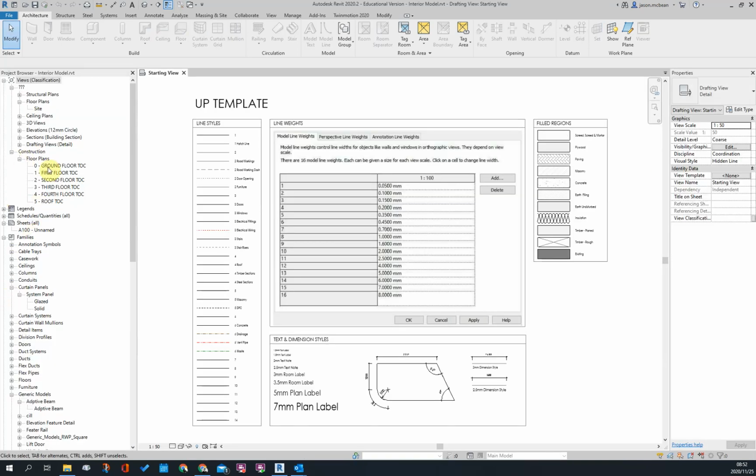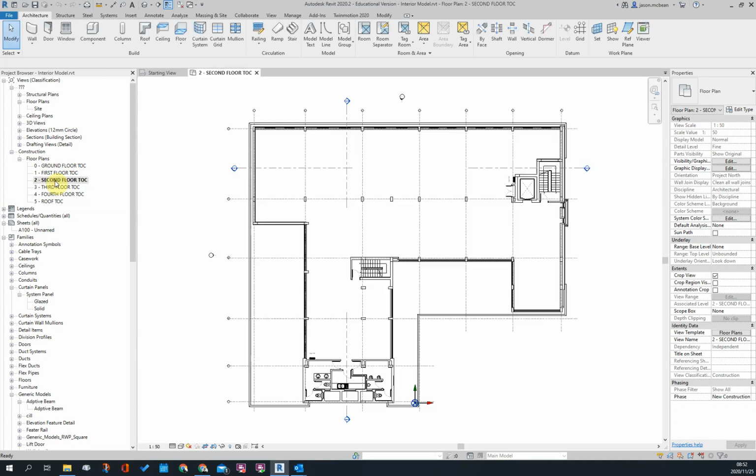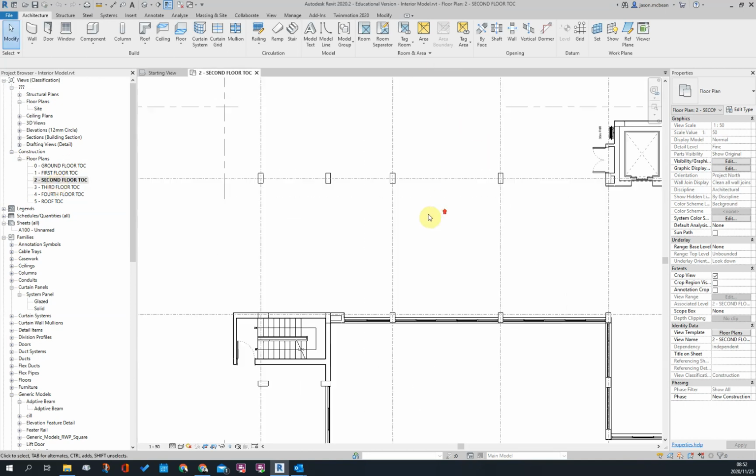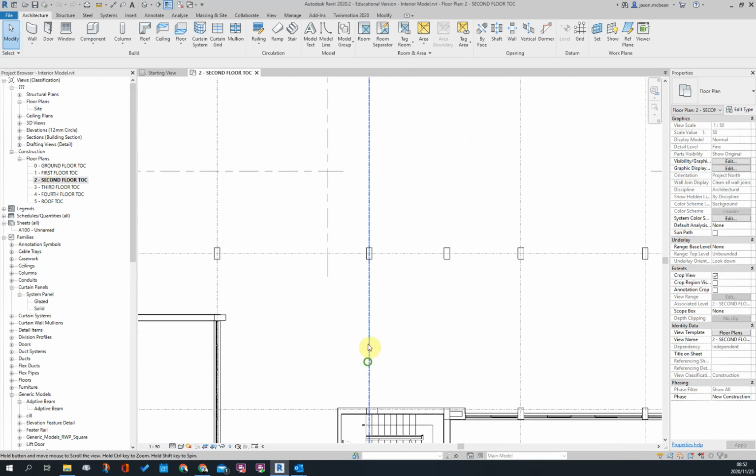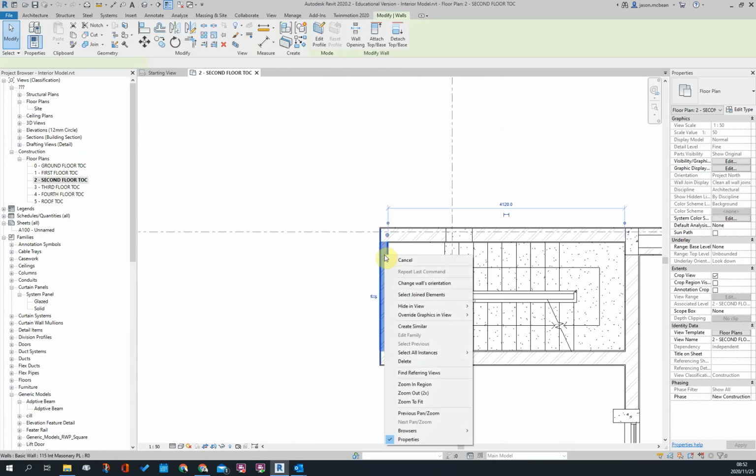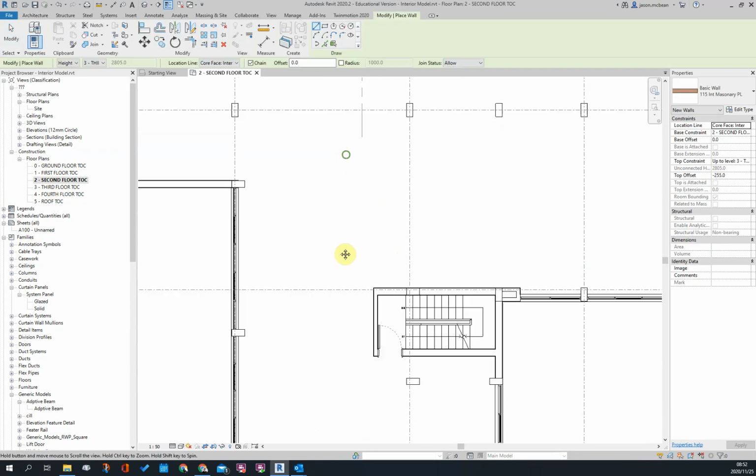Okay, this is just a short tutorial to help you change the color schemes of the walls, for example. I'm just going to use the second floor as a great example. So I'm going to create some new walls. I'm going to create similar, and